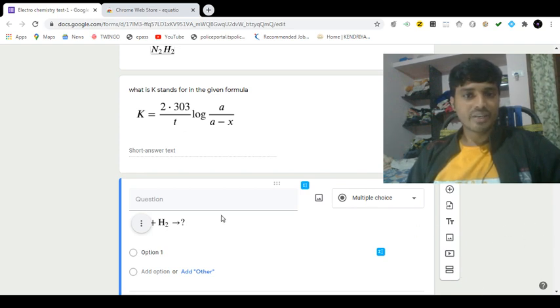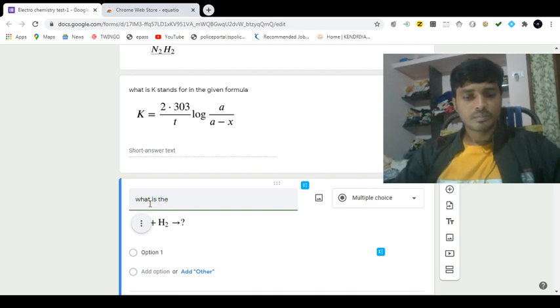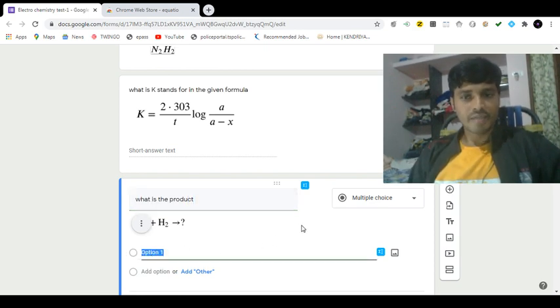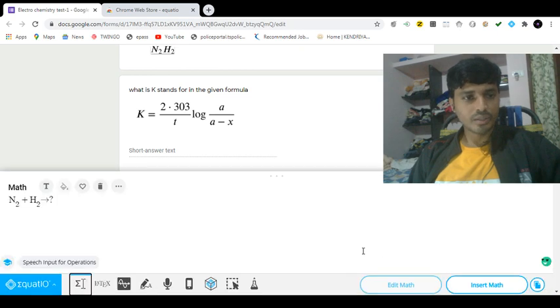Again, the same way you can type here: what is the product, like that, whatever it is. In the options, the same way, you can give options.